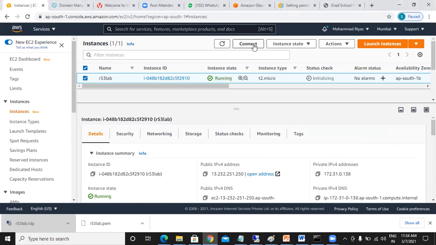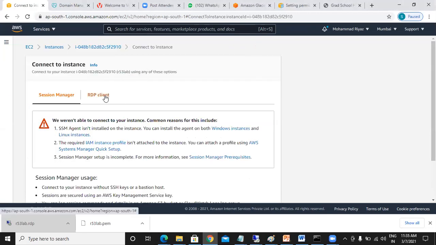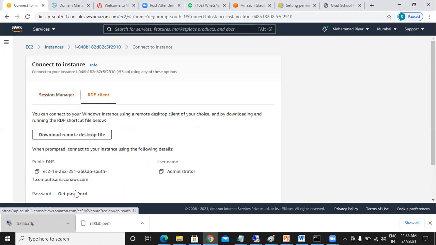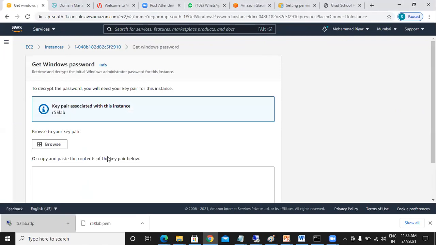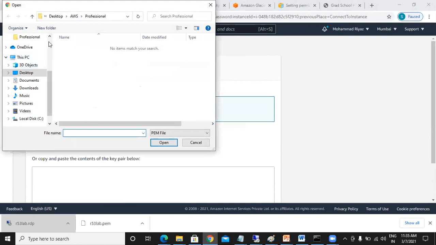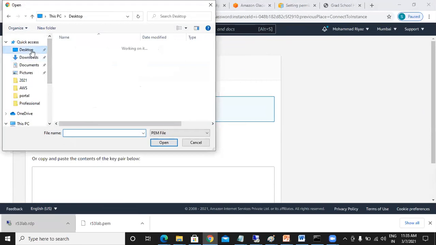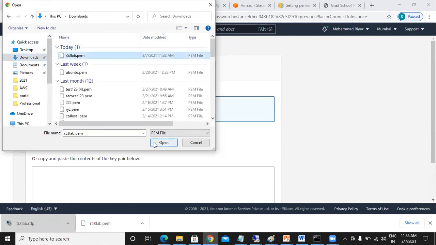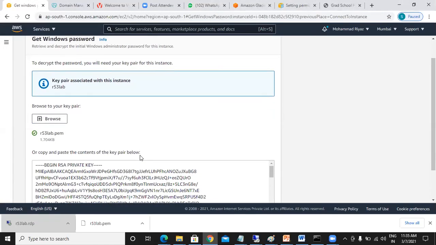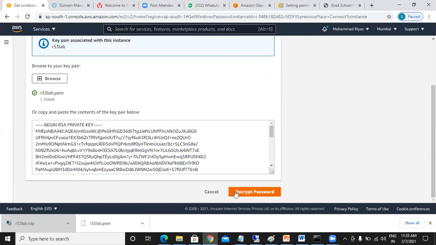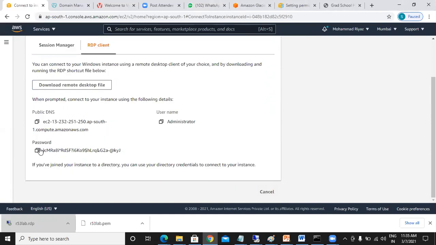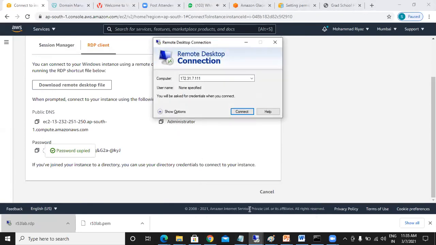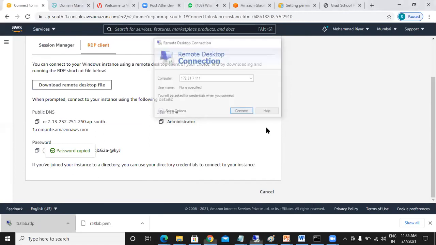Okay, let us try now. Connect, RDP client, get password, and browse. Go here, the downloads. Okay, got it. Scroll down, decrypt password, copy this, go here.